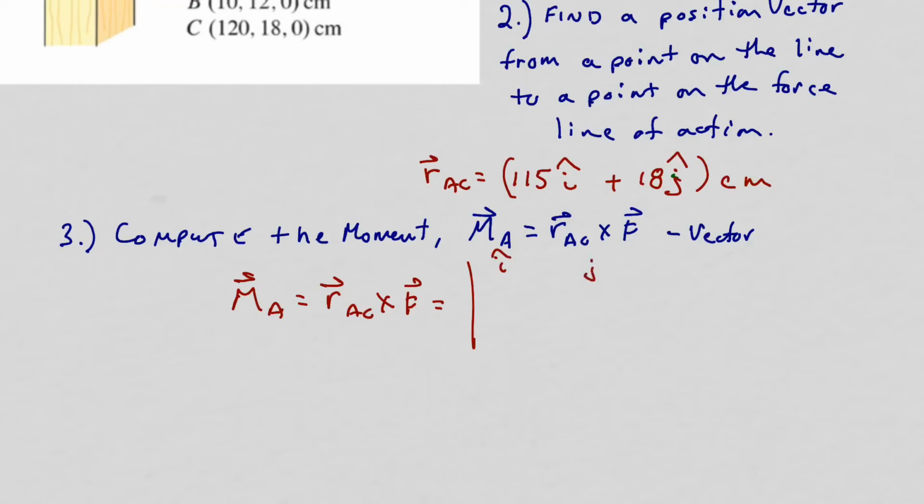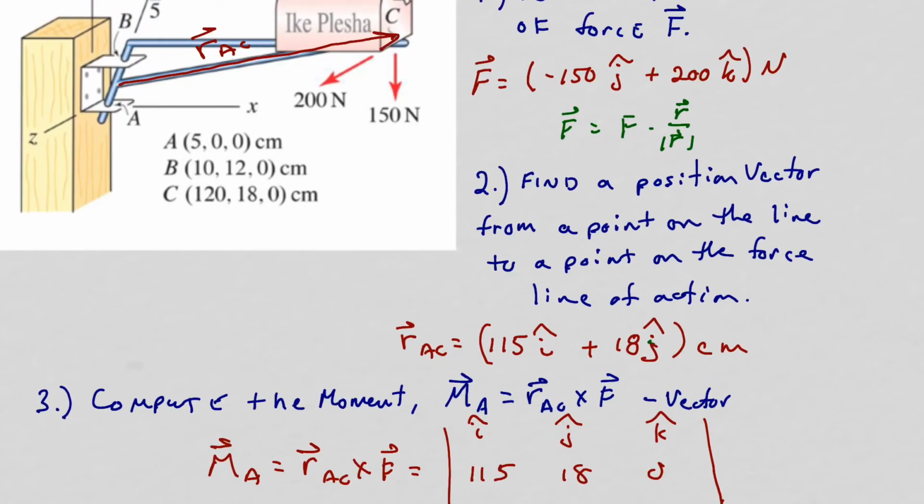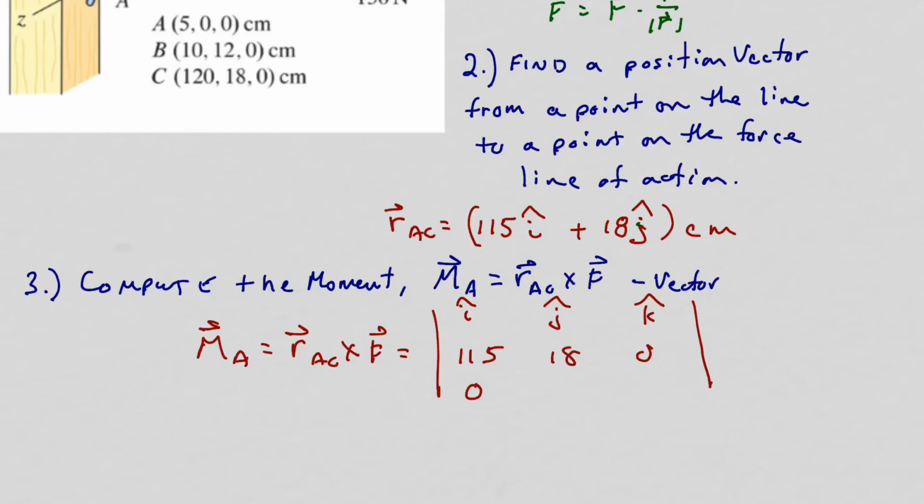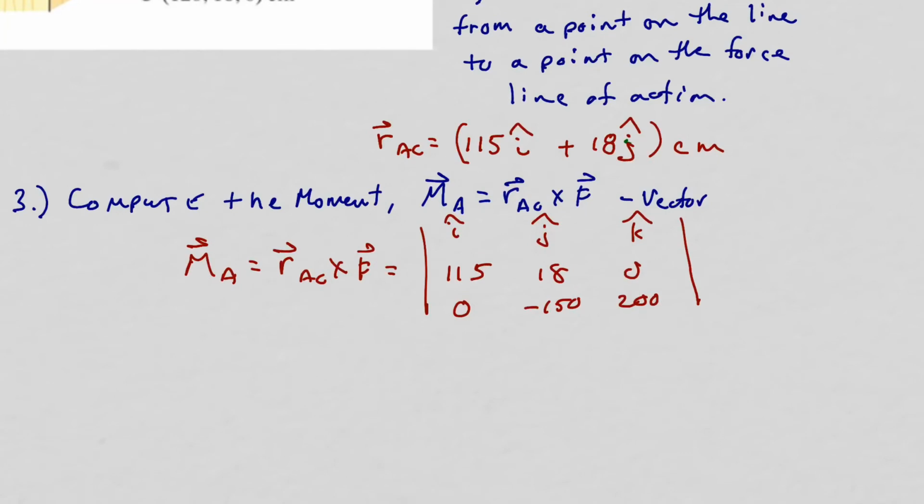I, J, K. The position vector itself is 115, 18, and 0. If we look back up, our force vector is this one, which is 0, negative 150 plus 200. And I'm not going to go through the math on solving all of that, but we will find out that our vector MA is equal to